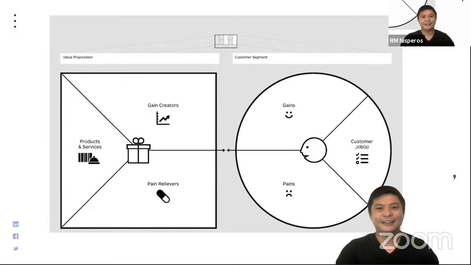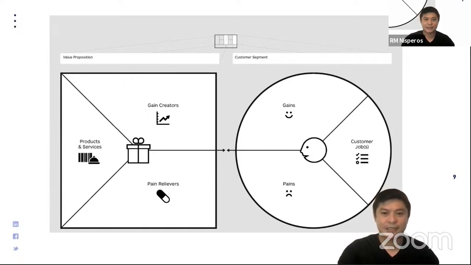Question, how can you create a good picture of your customer segment? Ito, medyo mahirap, madaling sagutin, pero ang hirap gawin. Kahit ako, medyo mahirap, especially if you don't have the time and the budget. You need to talk to your target market. You need to do customer development interviews to discover what things they want to accomplish, ano yung kinakainisan nila, at gusto nilang makita. So that's basically a manual way to do things.